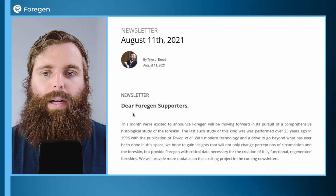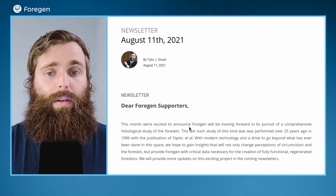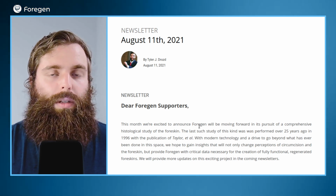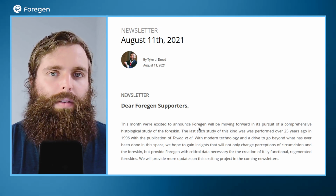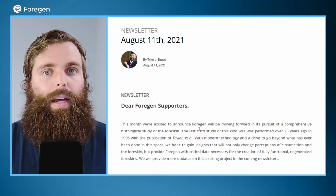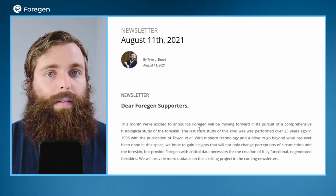And the first really big update that we have is that we're actually going to be moving forward in our pursuit of a histological study of the foreskin. What this means is that we'll be analyzing the cell types and structures in the foreskin and quantifying those. It's pretty much a prerequisite and a significant part of being able to move on to human trials, since this will give us a lot of data on the foreskin and make sure that what we regrow or regenerate actually matches what's naturally there, or as if it hadn't been removed in the first